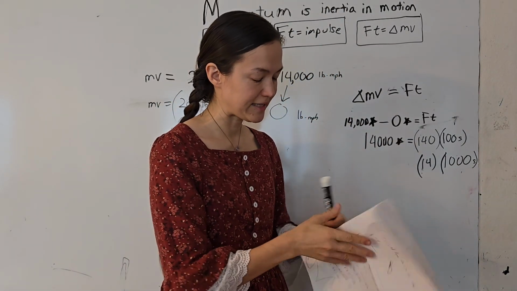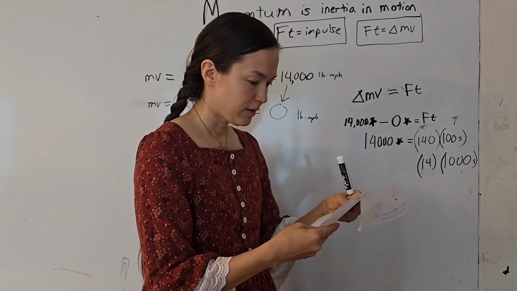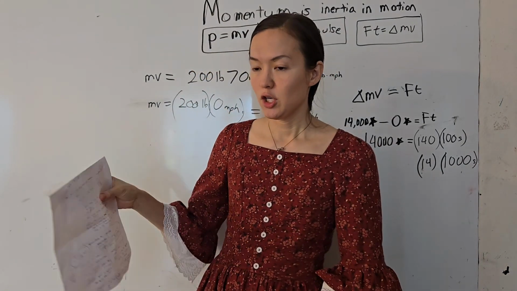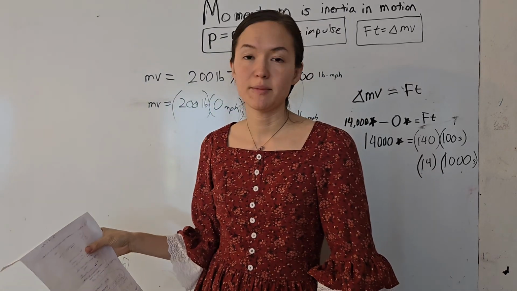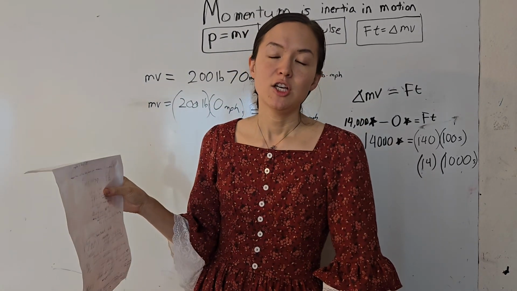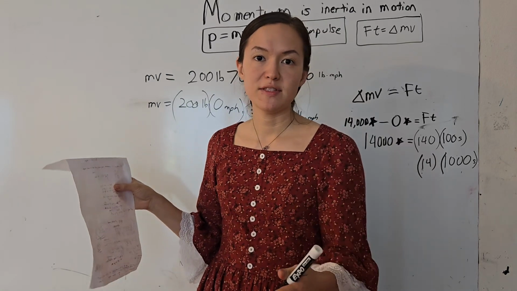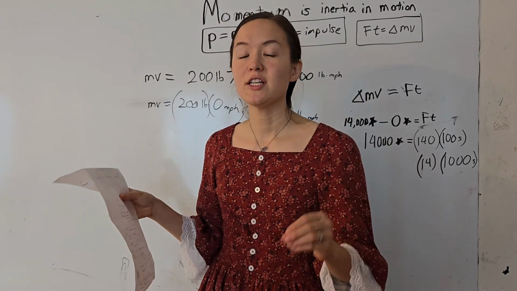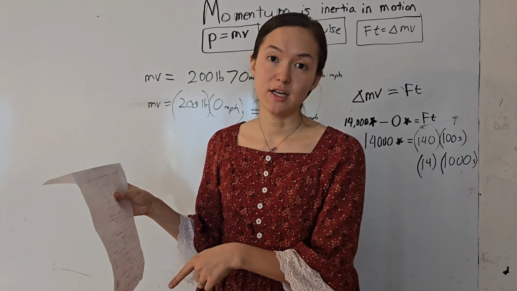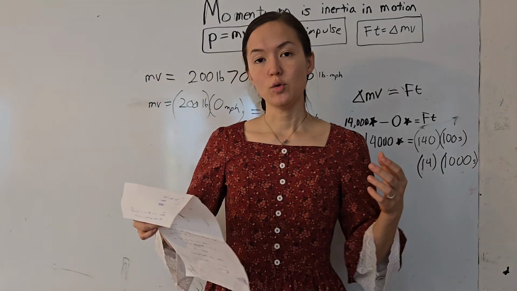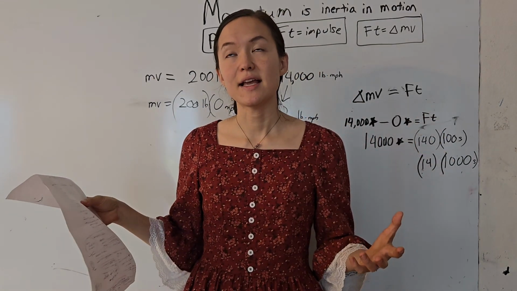Okay, so another example that we're going to look at is when you've got a set amount of momentum. So say you jump off of something really tall. Not quite the roof, jump off a table. So you have a set amount of momentum because you have a velocity, you have a mass, and you know that you're trying to take your momentum to 0, landing on the ground. So in this case, you will bend your knees as you fall,